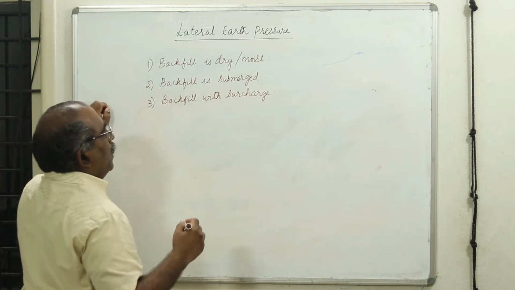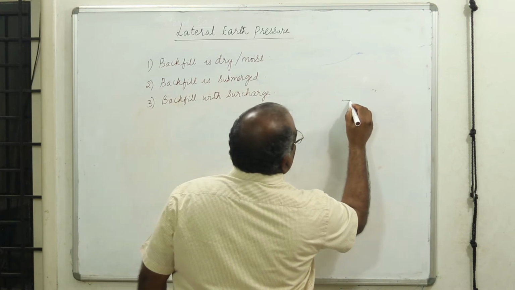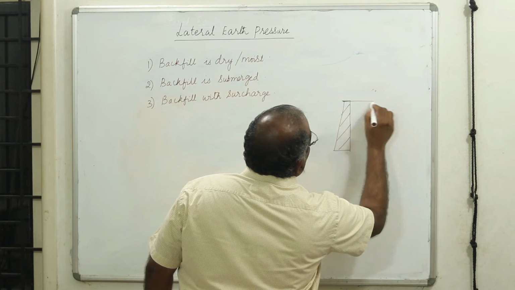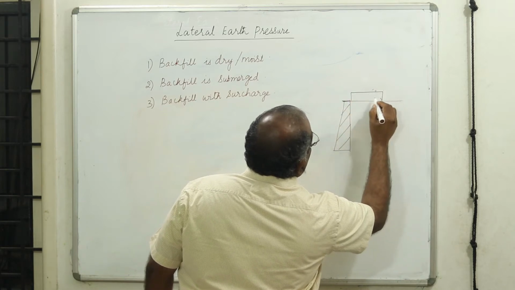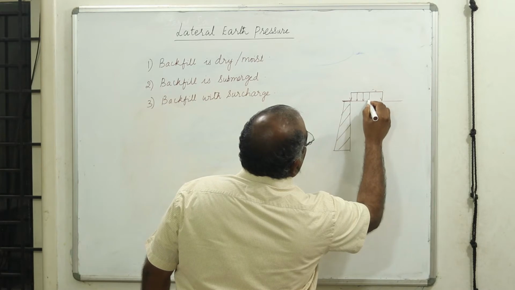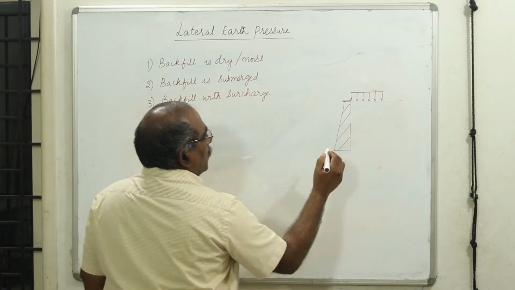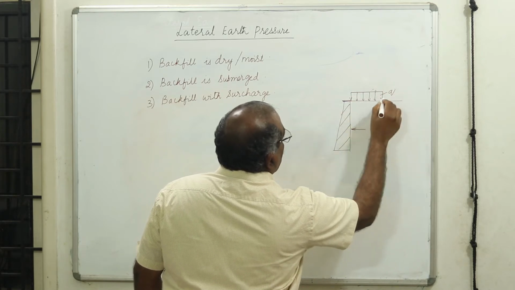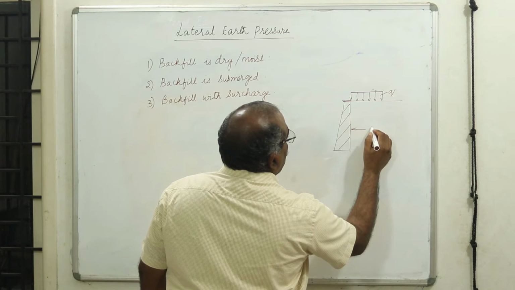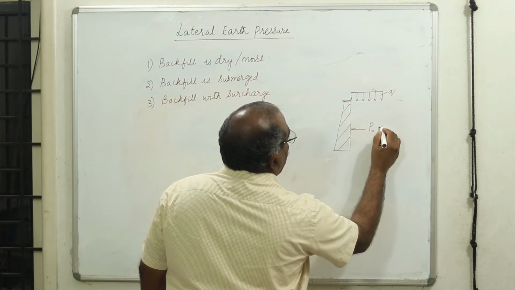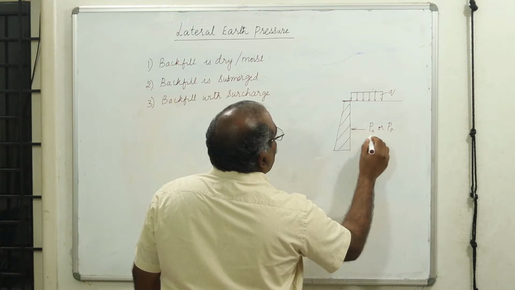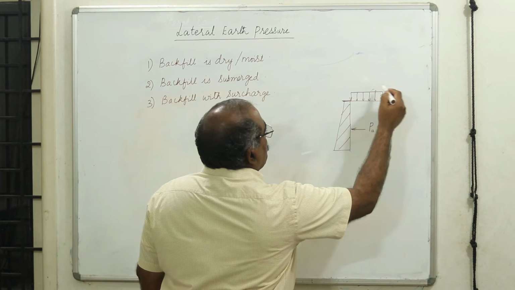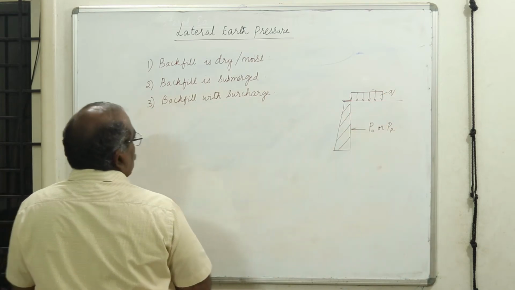Surcharge load, it may be on a retaining structure. If you have got a retaining structure, on the ground you may have a uniformly loaded surcharge because of the presence of a building or something of that sort. That is going to induce not only the lateral earth pressure because of the soil, you may also have a stress because of this. Therefore, we will have the lateral earth pressure Pa or Pp, which is a combination of the soil which is trying to thrust plus the stress because of your intensity of loading, that is the surcharge.